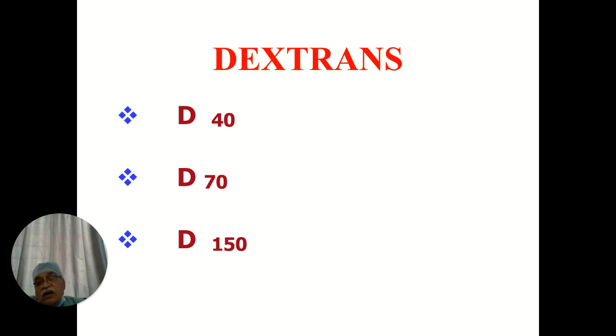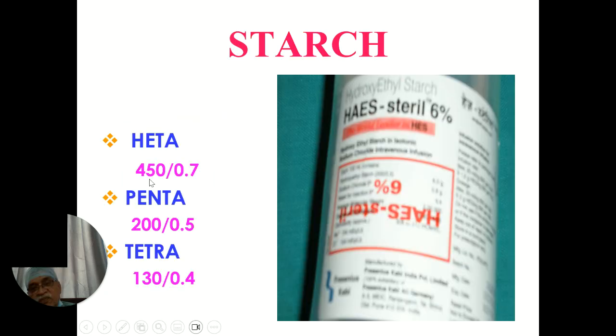We don't want a colloid with long duration of effect. So usually we don't prefer this. Usually we use only dextran 40,000. This interferes with the typing and grouping, so we have to take a sample. Then anaphylactic reactions are there, although they may not be common. Next, starch, about 450,000 molecular weight. When starch is introduced into the body, it causes good plasma expansion, but within minutes